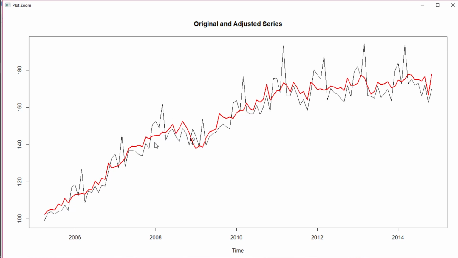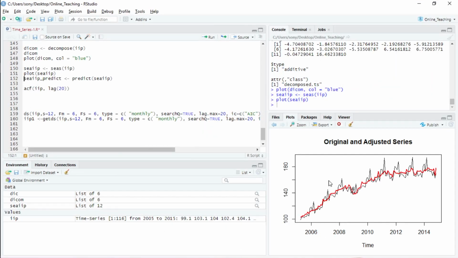Now it is smooth. It only contains your trend component and your random component. The seasonal component is removed.